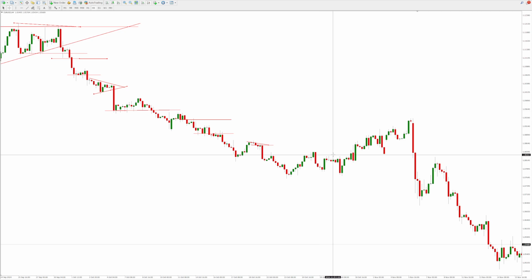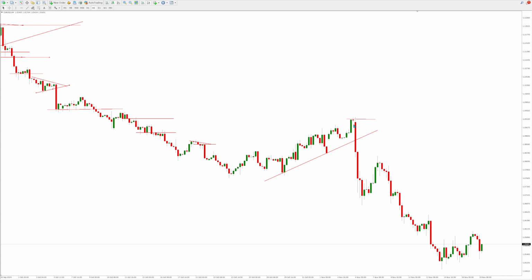But then after we see this big pullback, we could have always re-entered on this nice M chart pattern, breakout to the downside there. Yeah, you got that doji at the top, got the resistance. So the signs were there for a continuation. And if we didn't jump straight back in there,